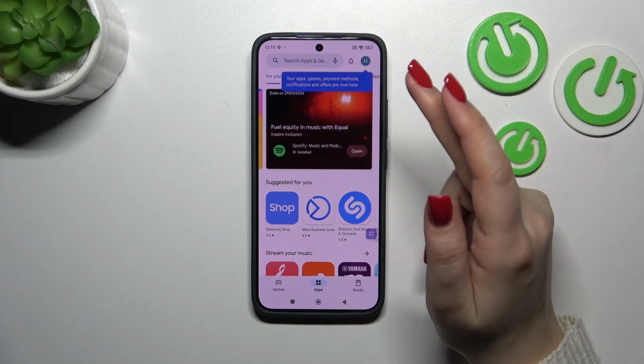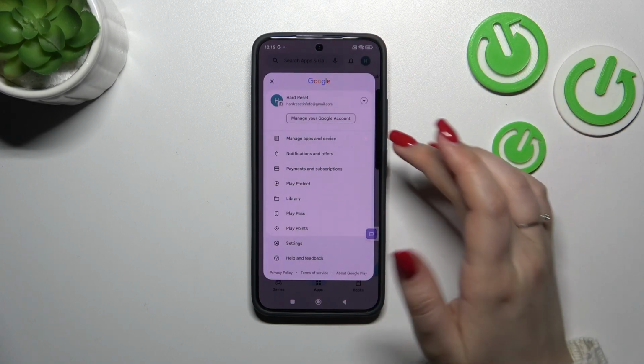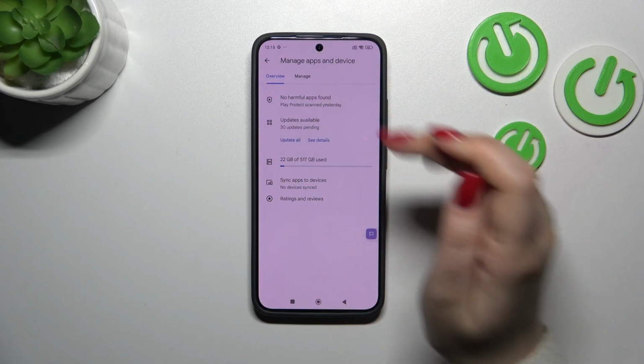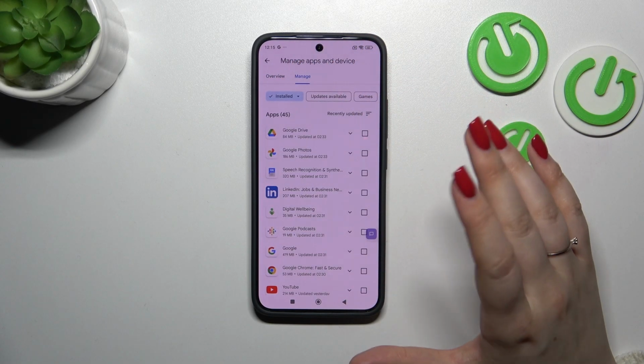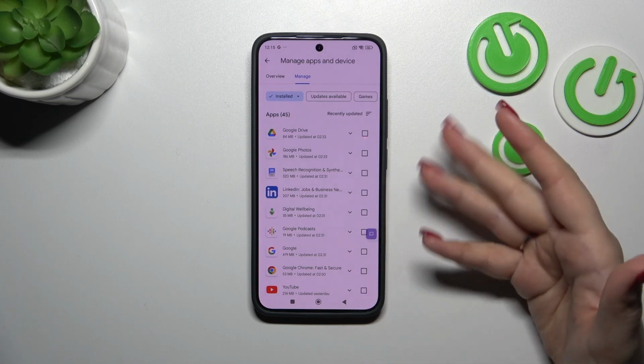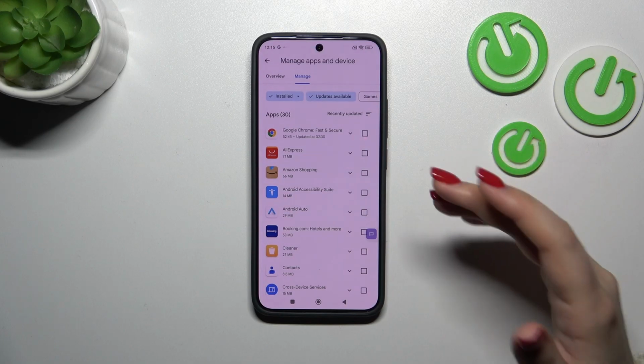We have to tap on this circle in the right upper corner, which is your account. So let's tap on it and then tap on Manage Apps and Device. Here we have to tap on Manage, and as you can see here we've got the list of all installed apps which are on this device currently, and all we have to do is to simply tap on updates available,